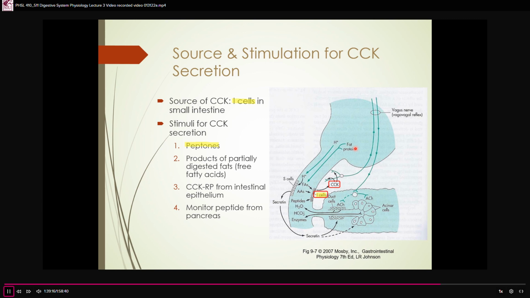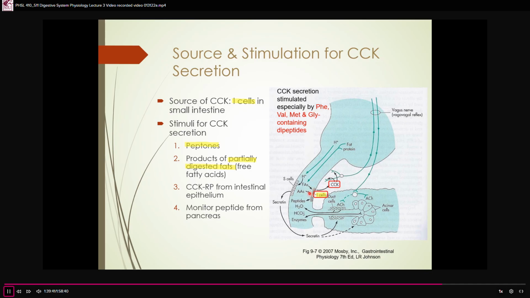Again, intact triglycerides that are up in the lumen of the stomach, not particularly effective in stimulating these I cells, but the partially digested products of those fatty acids that were partially digested up here. So especially the free fatty acids that were released by the actions of the gastric lipases are very important in